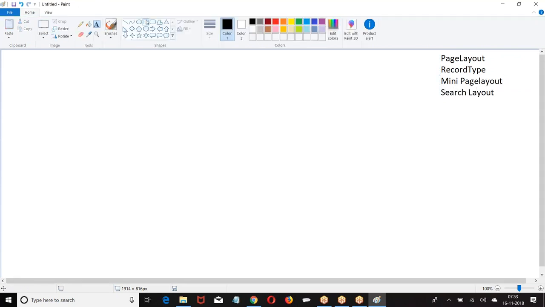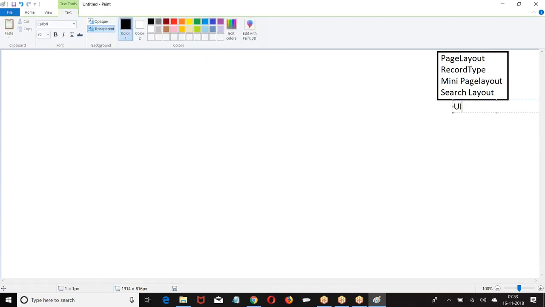So these are the four concepts. We'll see them one by one, but I'll give the overall view at a time. We'll see them down the line. This is the UI part of MVC. This is the view in MVC.